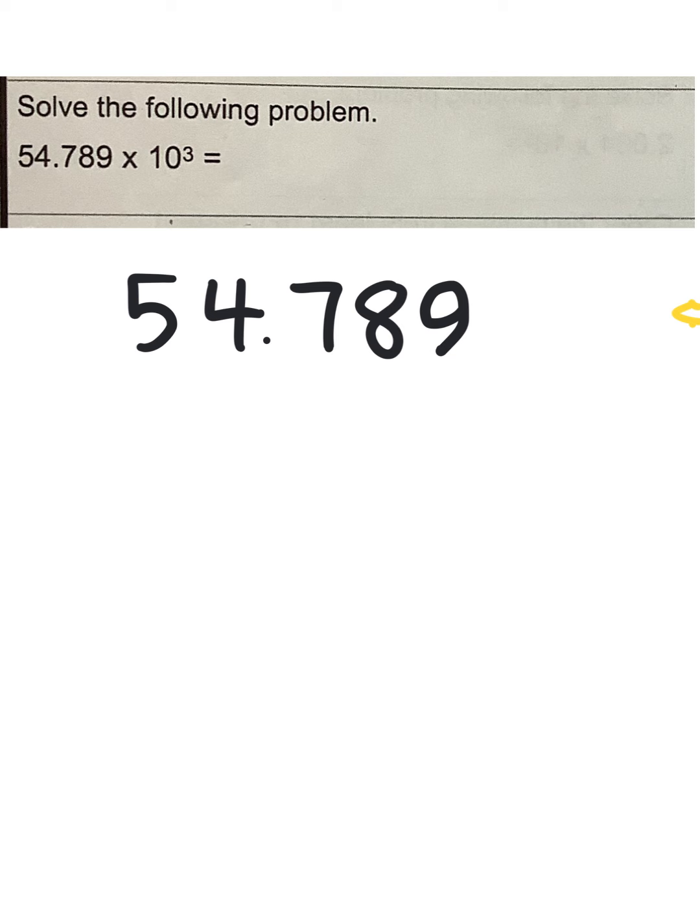I see that we're multiplying by 3, so I'm going to move this decimal 3 times to the right. Show your number. 5,